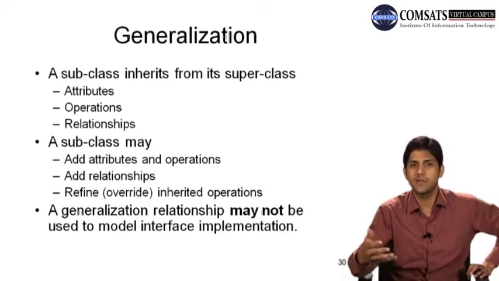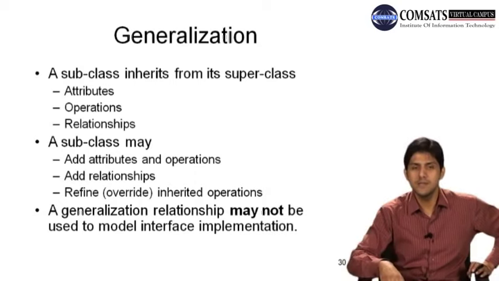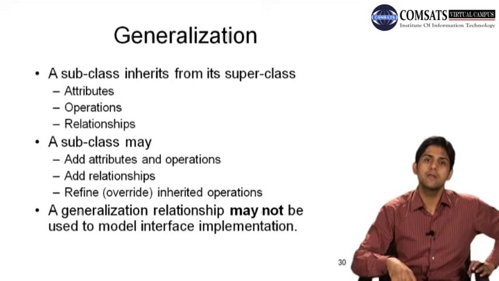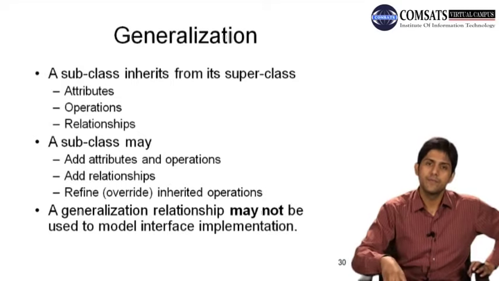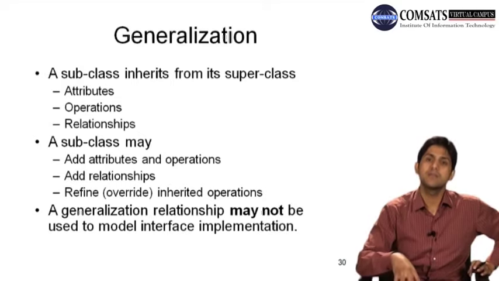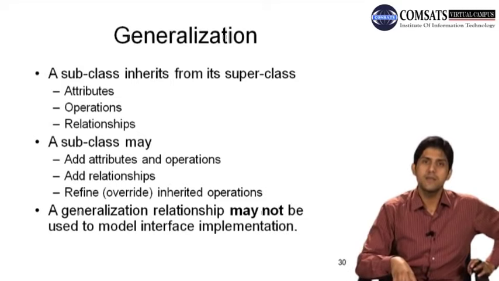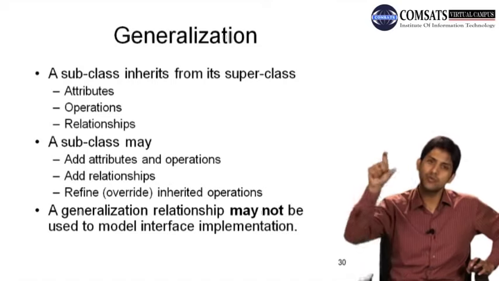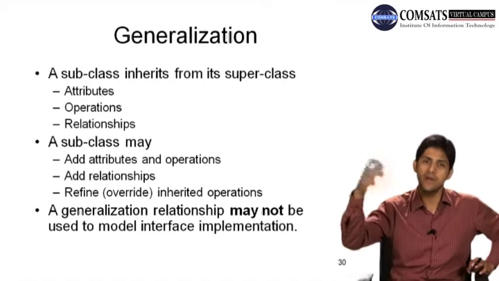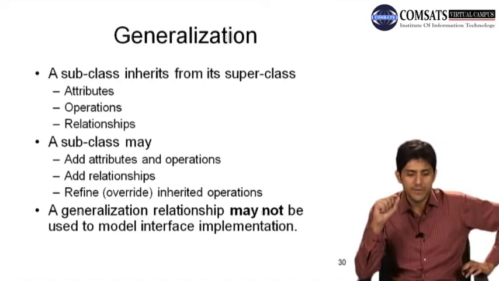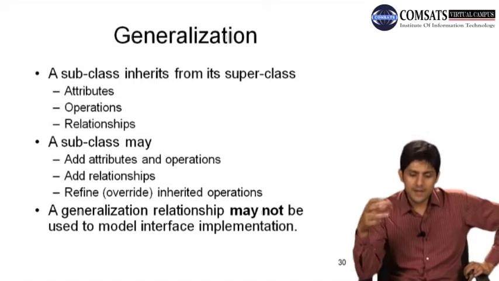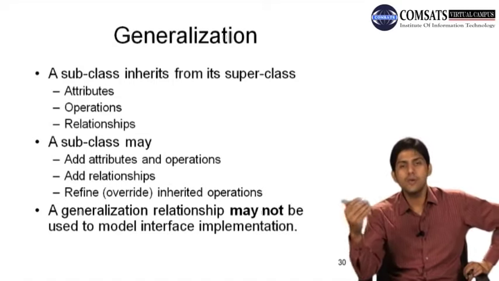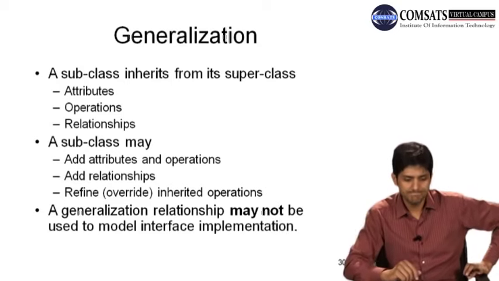This is the simple concept of inheritance. Once you cover the course on object oriented programming, you see what inheritance is. लेकिन whenever you inherit a class from the super class, ठीक है, और जो inherit की भी class होती है उसको हम कहते हैं सब class। तो सब class it basically inherits all the attributes, operations या relationships जो भी उस super class के दूसरी classes के साथ हैं, it also inherits those relationships as well. तो it can add attributes, it can add relationships, it can refine or override those inherited operations as well, ठीक है।